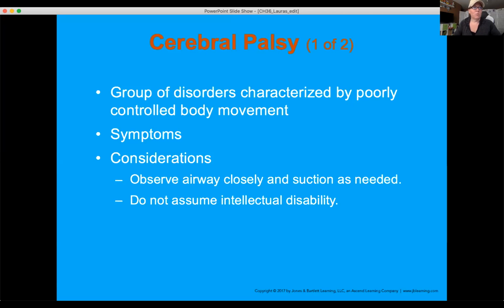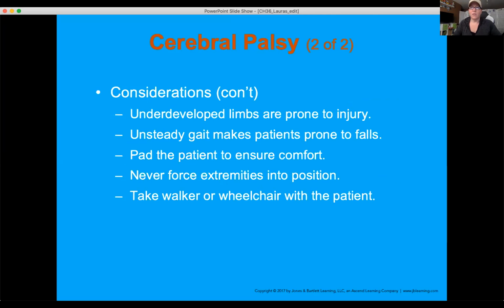You can have people with cerebral palsy walking around next to us. One of my very good friends has cerebral palsy, and you wouldn't know it unless he tells you. He's actually one of the people who introduced me to some of the resources for cerebral palsy. He's had many, many surgeries and occupational therapy, so what we see on the outside, we wouldn't recognize as the textbook cerebral palsy. Don't assume that people with cerebral palsy have intellectual disabilities or delays, although some people do.